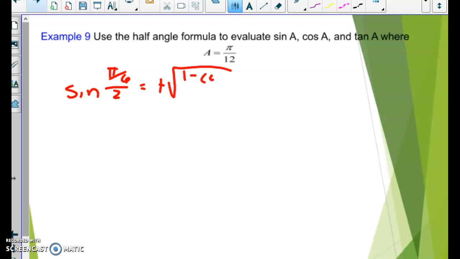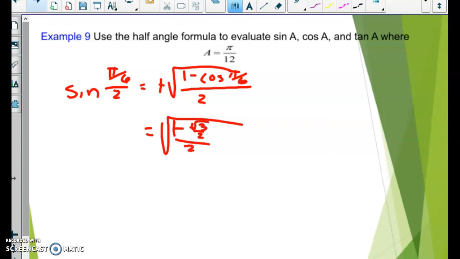So 1 minus the cosine at pi over 6, over 2. The cosine at pi over 6 is, cosine is the x, which gives me root 3 over 2, all over 2, which gives me a common denominator: 2 minus square root of 3 over 2,